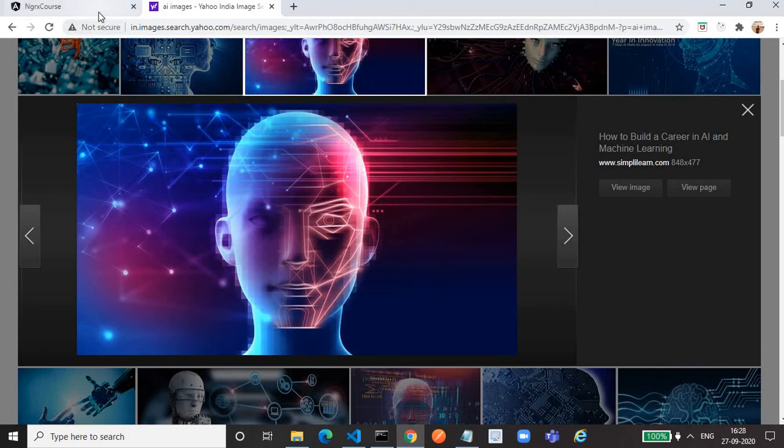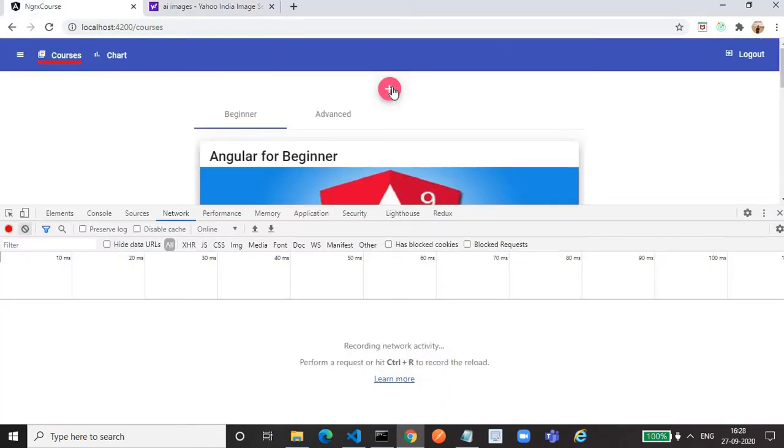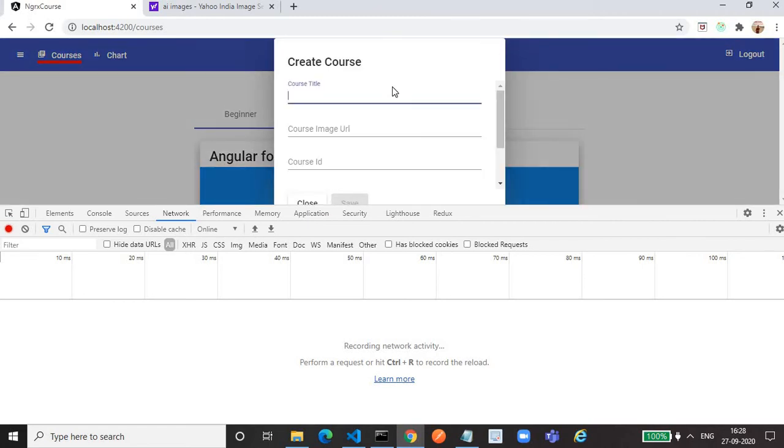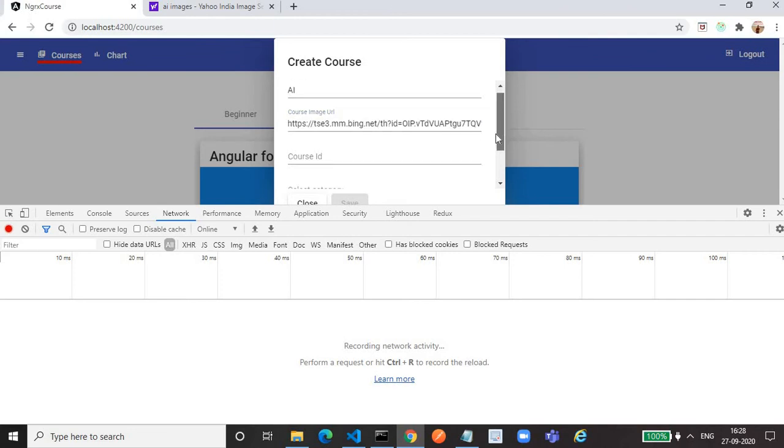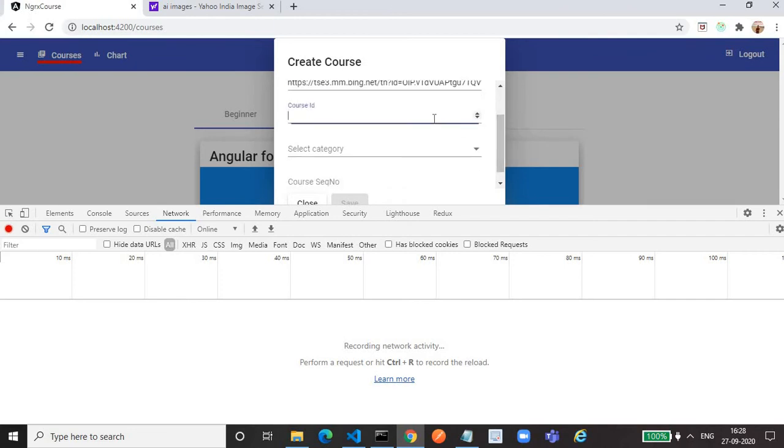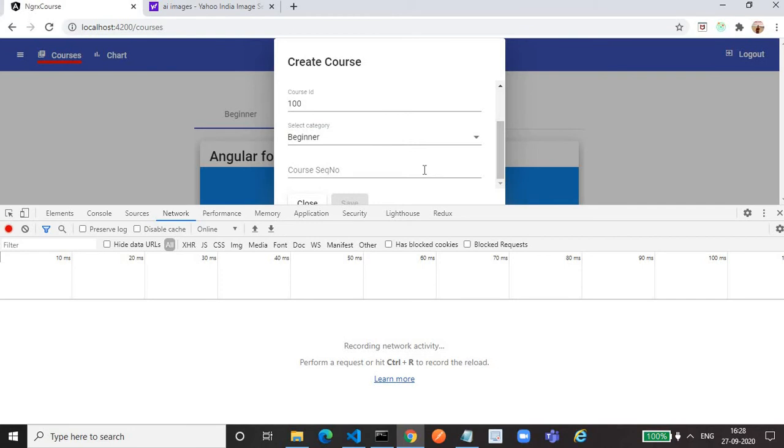Then go to my application, click on the course, and let's add a course. Here I will write AI. Paste the course image that we have copied. Then scroll down, give some ID, let it be 100. Category is beginner level, let's select that. Sequence number, I will give 200.